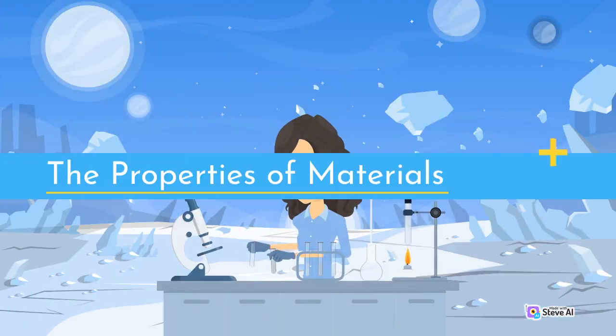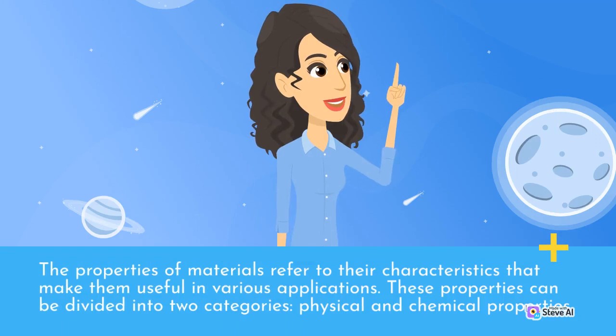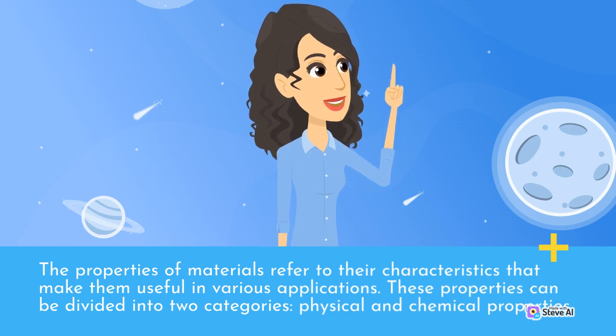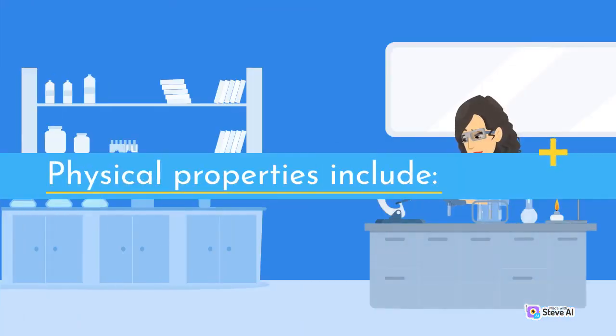The properties of materials. The properties of materials refer to their characteristics that make them useful in various applications. These properties can be divided into two categories: physical and chemical properties. Physical properties include